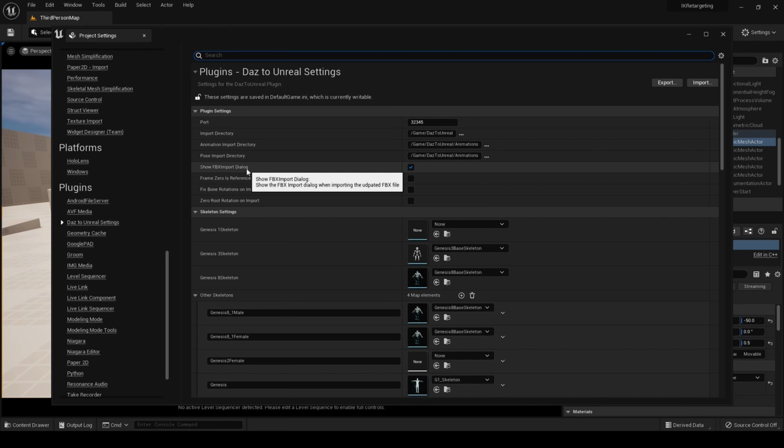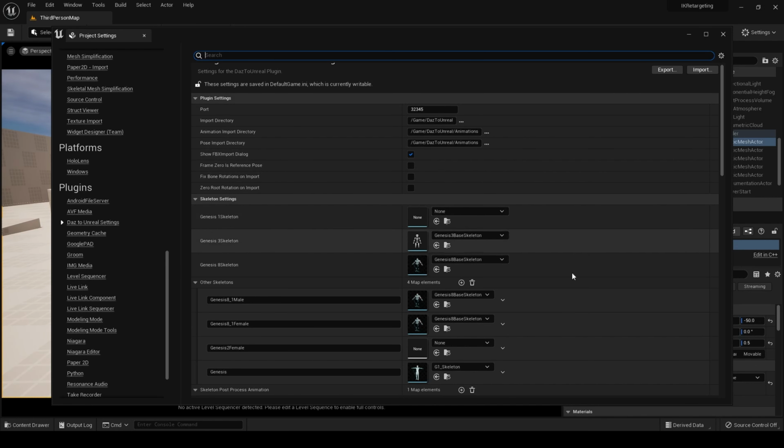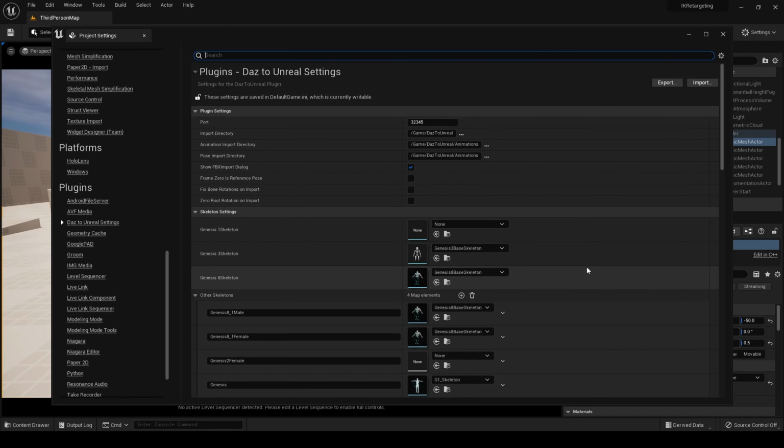By default the plugin just imports and it appears in your content browser. We don't want that. We want to be able to control which skeleton is used and maybe some other things, so I always have this checked here. As for everything else, we can leave it for now, and we might change things later.